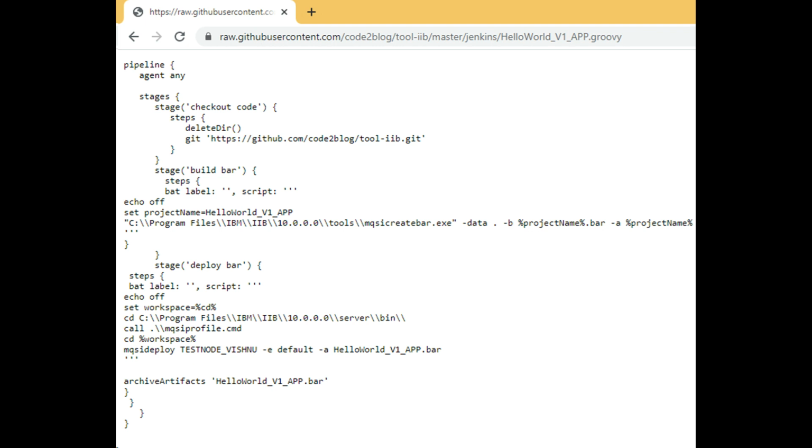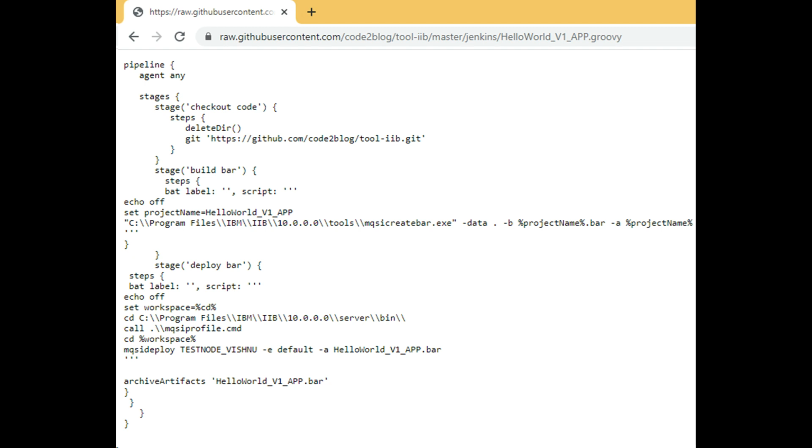An example is available on my YouTube channel, and I've shown you how to create and deploy a Hello World project. Yeah, I have seen that Hello World project, but I haven't seen the Groovy scripting. How can we pull that bar file into Jenkins? We don't pull the bar file, we pull source code into Jenkins. Using the git command, we take the source code and then convert it into a bar file. Then I save a copy of the bar file as an artifact. That's optional. And then I deploy.